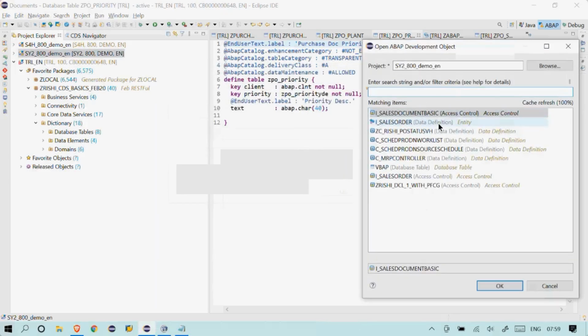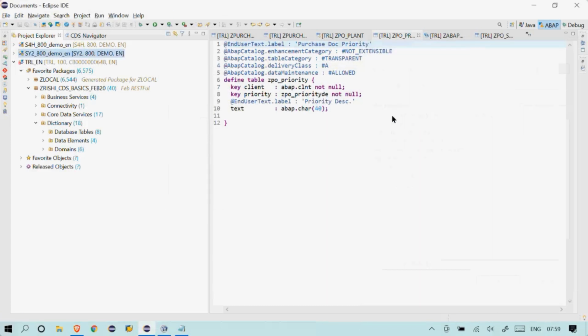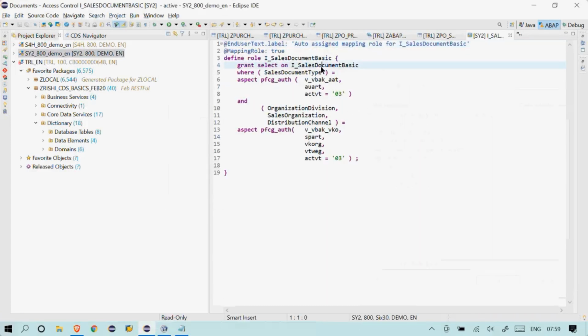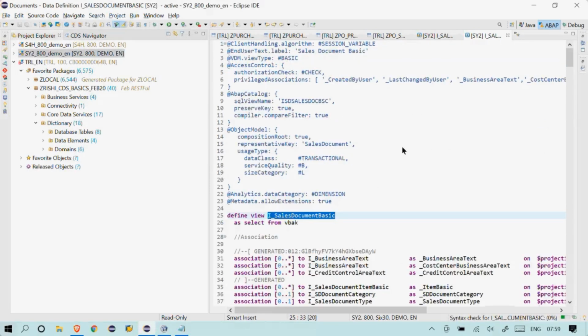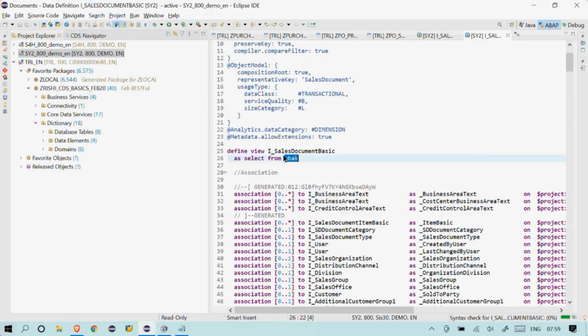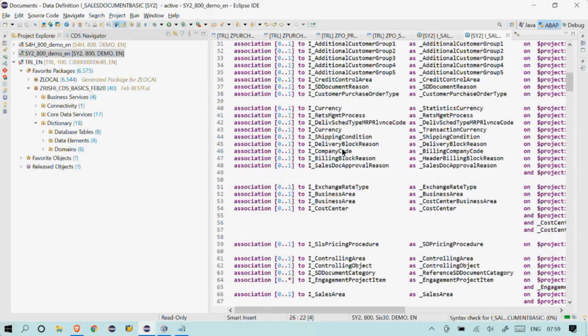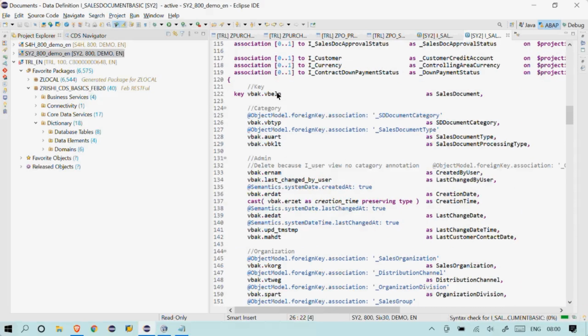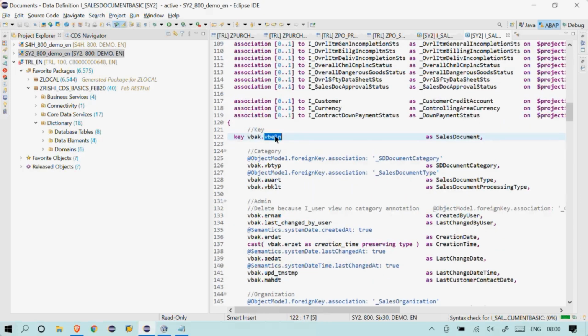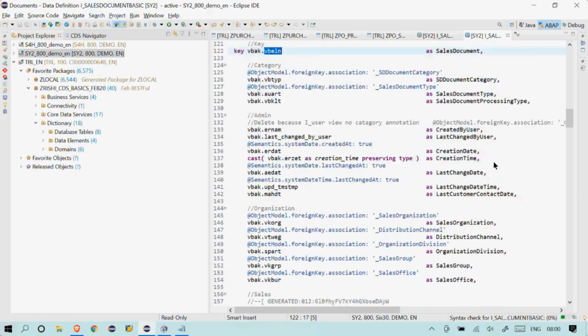How exactly a basic view should be, I'll give an example. So if you look at this, so VDM type is basic for this one. So directly they are fetching from the VBAK. Okay, so we fetch the information directly from VBAK on the raw table, but we try to add more details. For example, if you see VBLN, we provide an alias name, so that when the developer or any user is trying to look at this view, we're able to understand, okay, this VBLN is nothing but sales document. There is a difference between a raw table and a basic view, because basic view will contain more information.